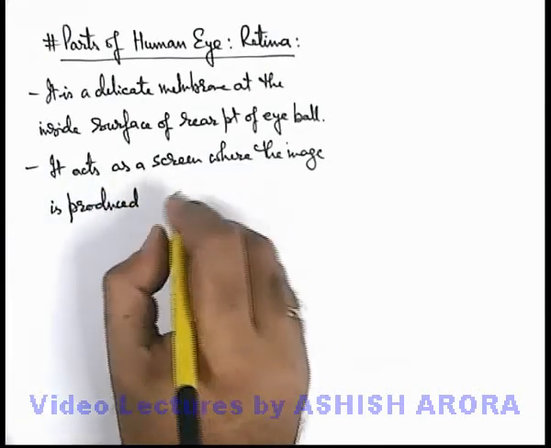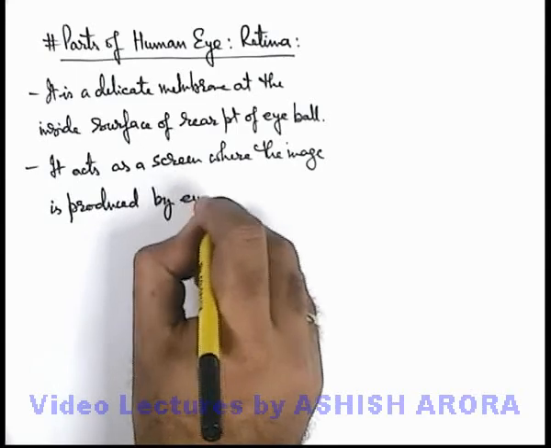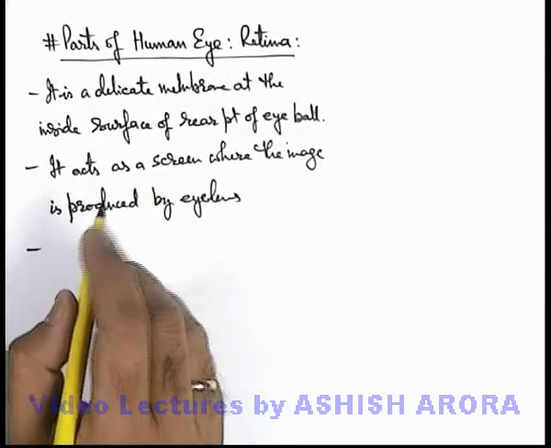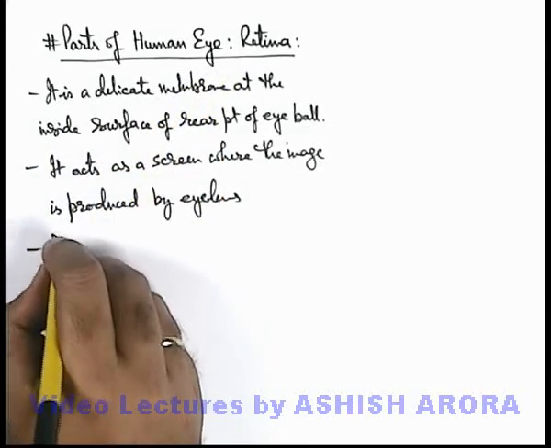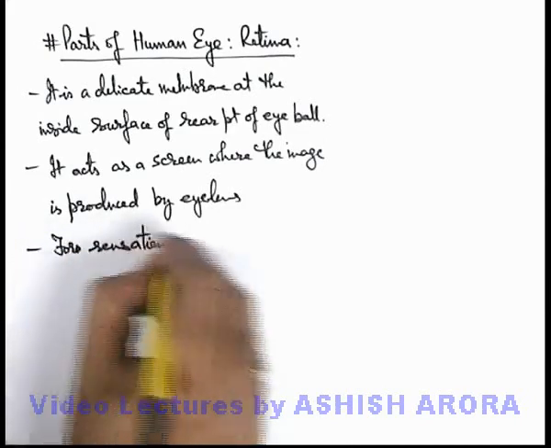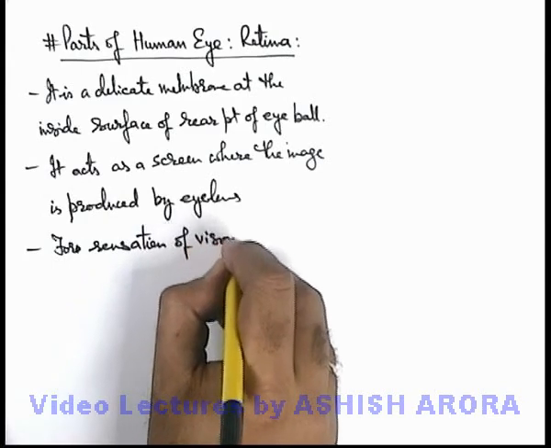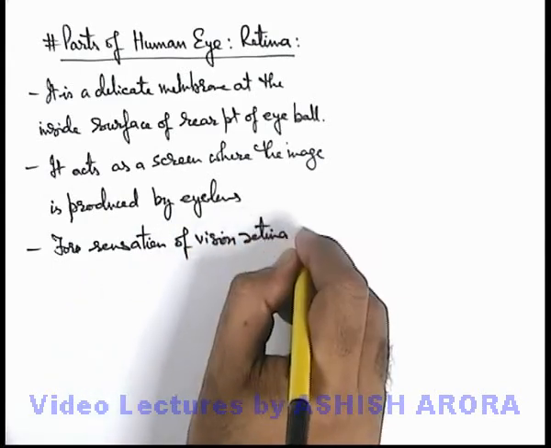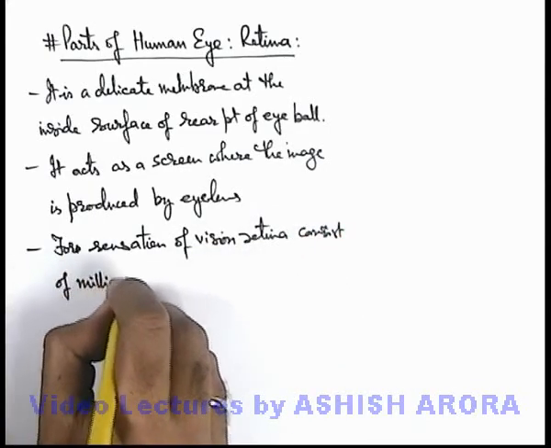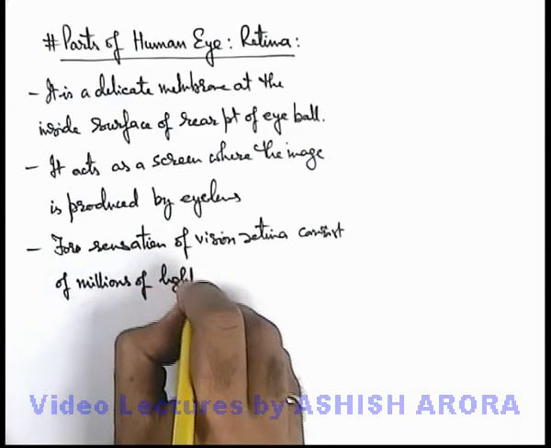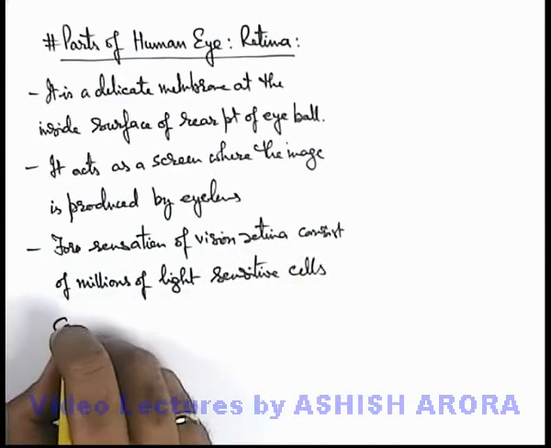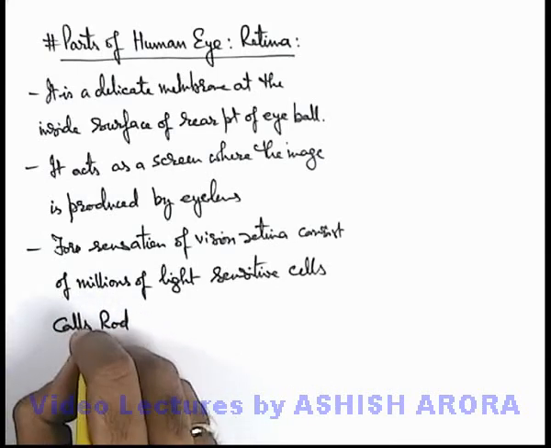The image of the object we are looking at is produced by the eye lens. And on this delicate membrane which we call the retina, or the screen of our human eye, the important fact is that for the sensation of vision, the retina consists of millions of light sensitive cells. These are called